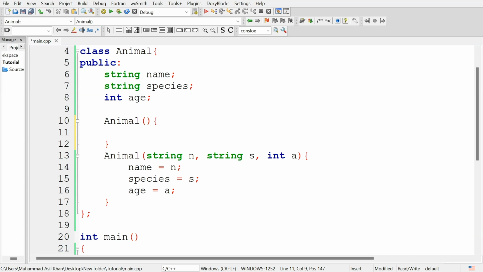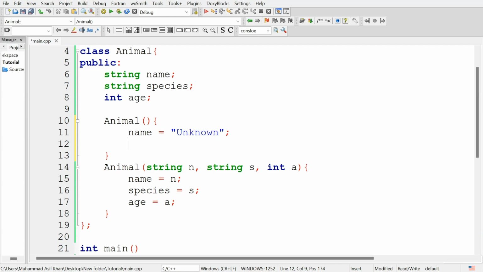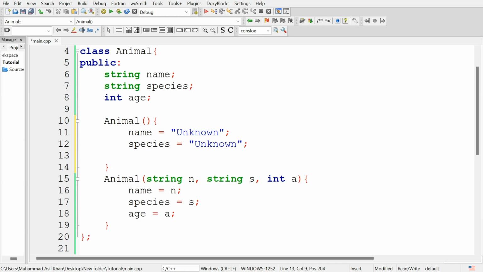So in this case, set the name of the object to unknown, set the species of the object to unknown. It will tell us that the name, species and age attributes are not certain for this object. Similarly, set the age equal to 0.